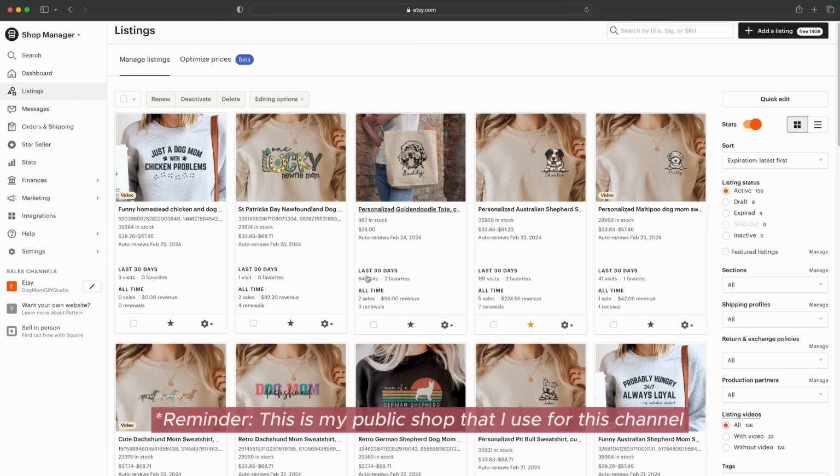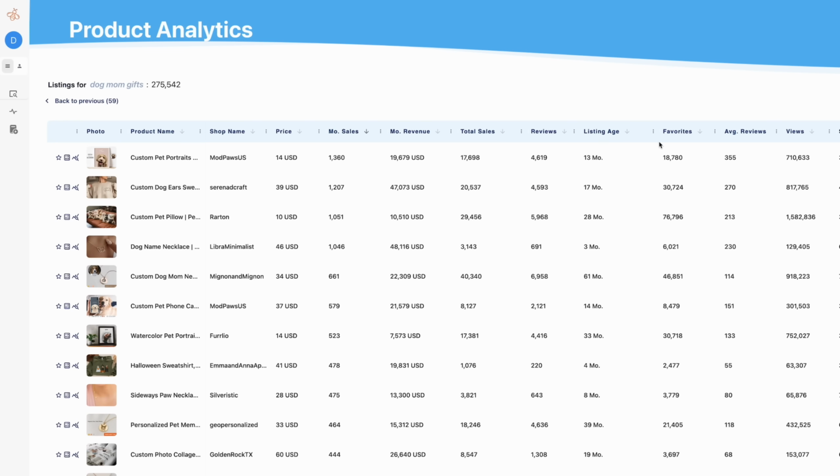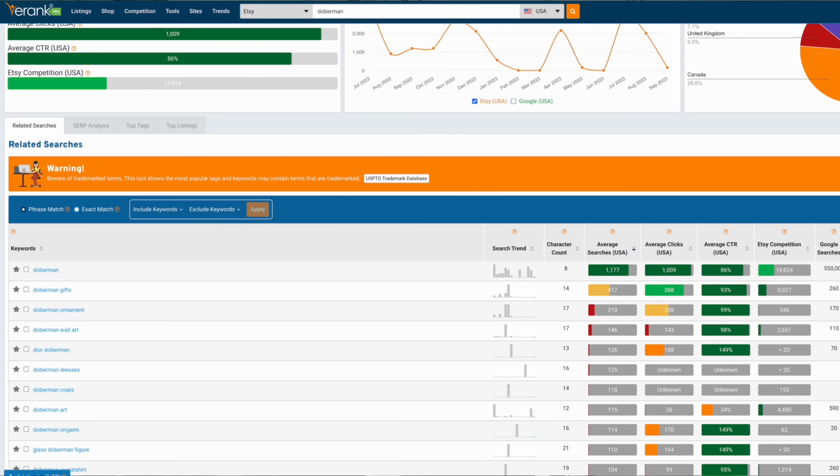That means looking at your own shop stats, leveraging tools like Everbee to see top-selling products, and using tools like eRank to explore niches and sub-niches and keywords that are ultimately going to get your listings in front of the right searches and the right customers. To validate niches, I typically use eRank to start my search broadly within various categories like hobbies and occupations or